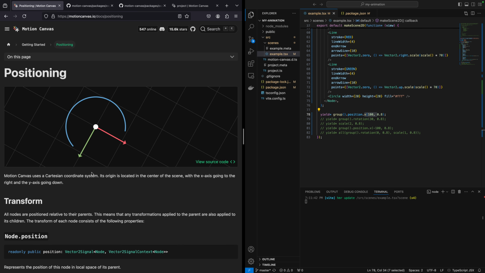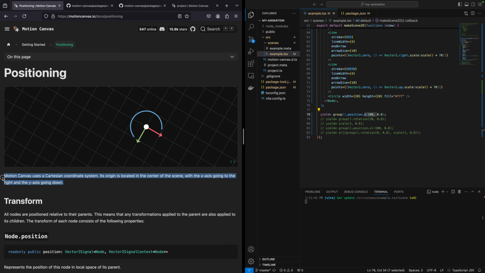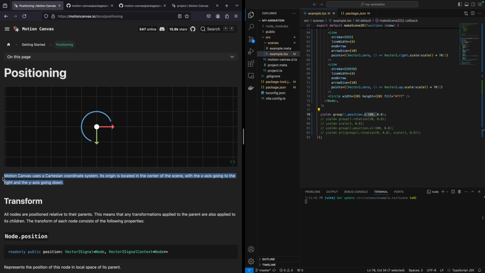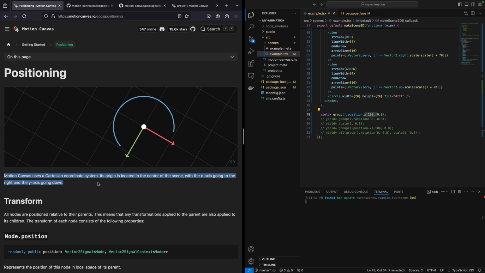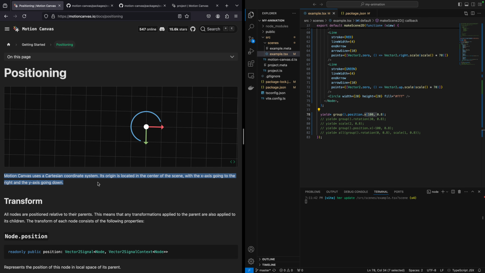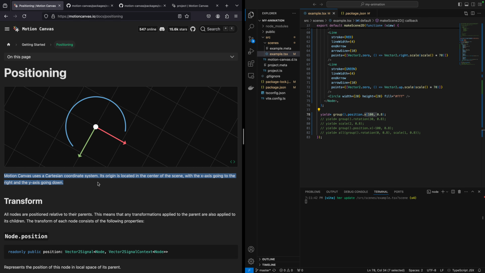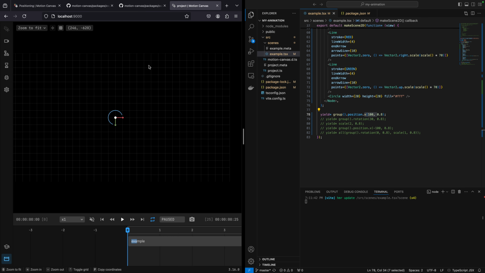And if we look at this statement down here, it uses a Cartesian coordinate system with the origin located at the center of the screen, with the x-axis going to the right and the y-axis going down. So that would make sense. So 100 is over here, or -100 is over here, 100 is over here, and you can actually see in the upper left-hand corner where the actual coordinates are. So we can look right here, and we have basically 0, 100, -100, and then over here we have about 0,